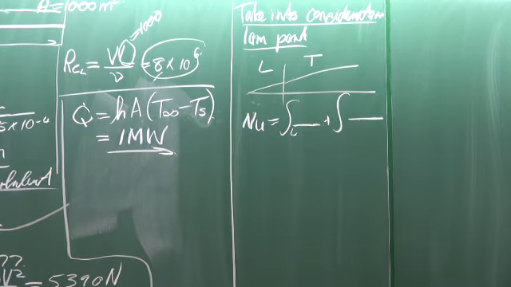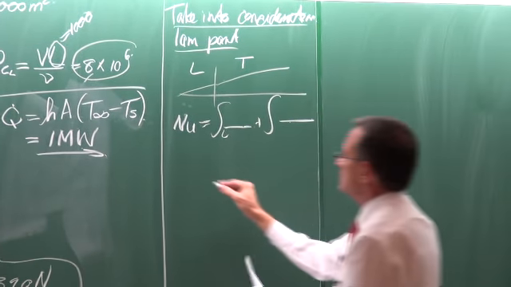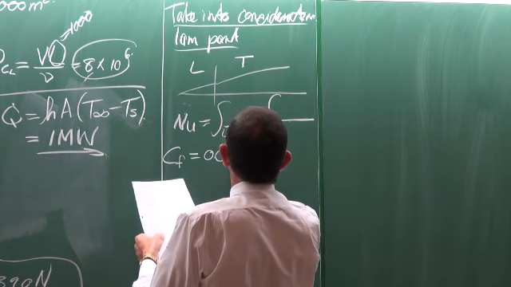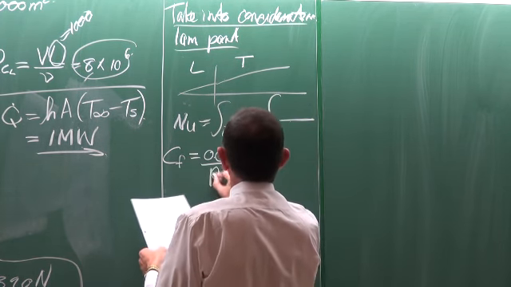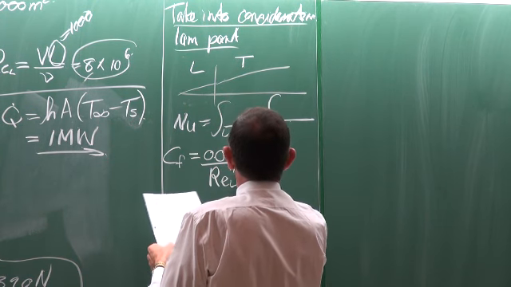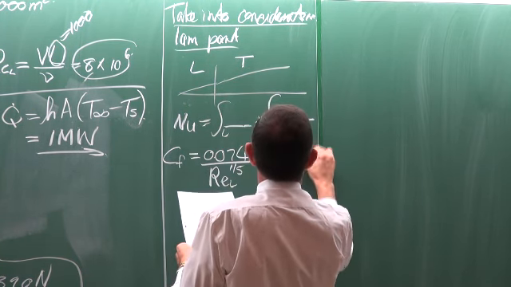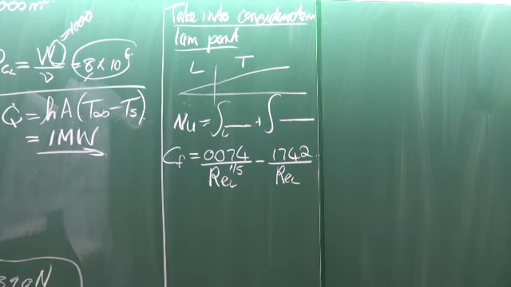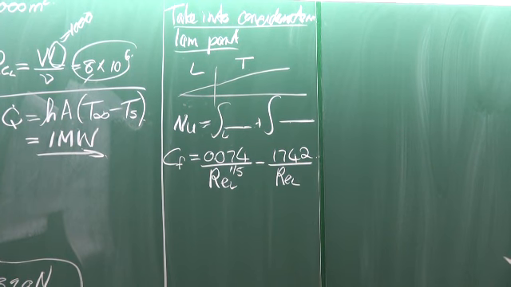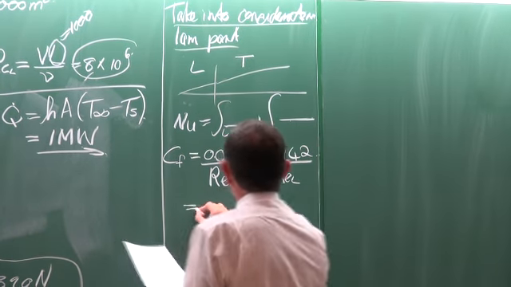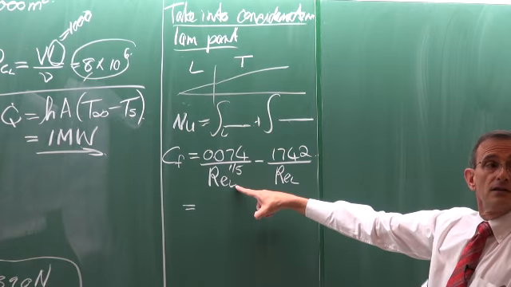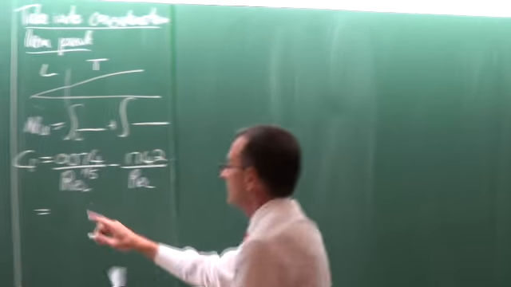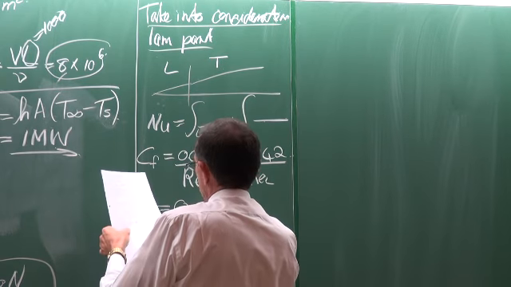Okay? And that equation, firstly in terms of CF, the drag, has two components. The laminar part, 0.074, divided by the Reynolds L to the fifth, minus 1742 divided by the Reynolds L. So that is how the friction coefficient looks like. And the result is, again, we've got everything. The Reynolds number is still the Reynolds number based on the total length. That is how it has been derived. Okay? If you go and calculate the friction coefficient, it is equal to